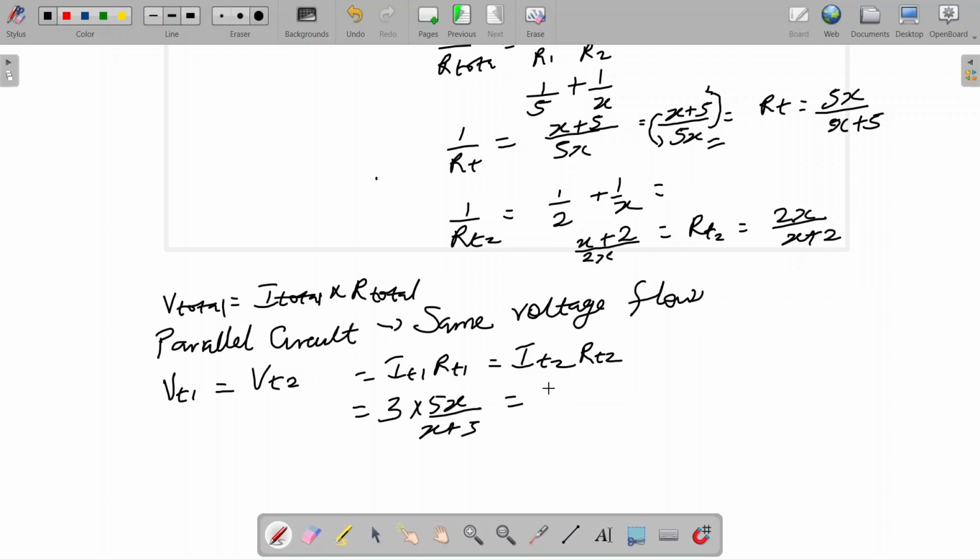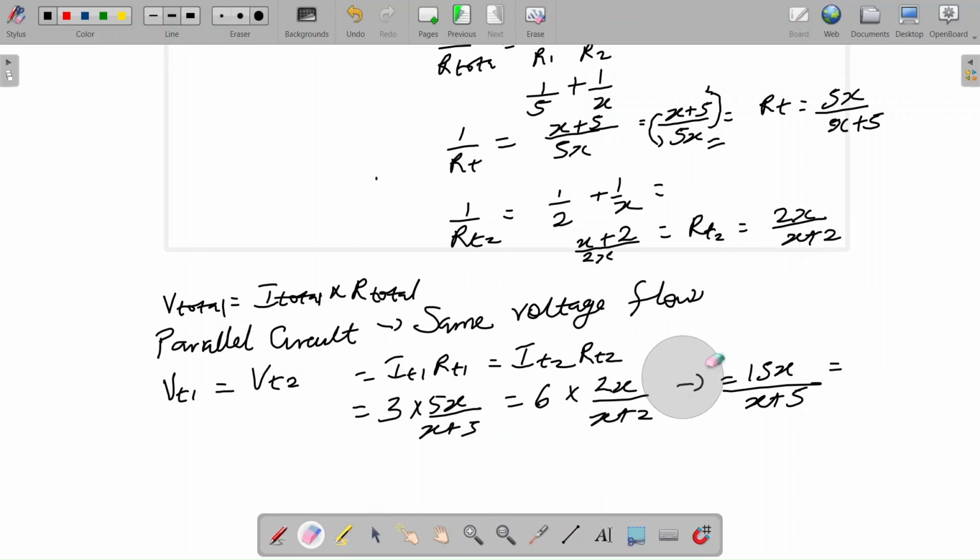I total 2 is 6 amps, multiplied by 2x divided by x plus 2. If you do this mathematics, this will give you 15x divided by x plus 5 equals